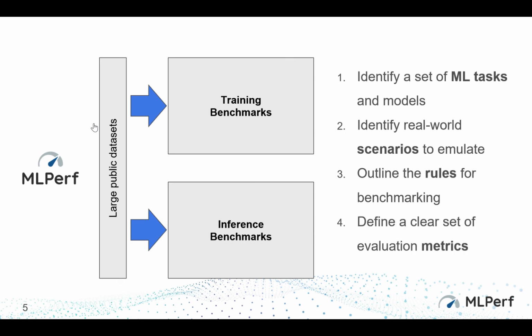Then you got to define the set of metrics you actually want to assess. Some examples of metrics that we tend to look at are like what is latency bounded throughput, for instance, right? Not just throughput, not just latency, it's actually latency bounded throughput. Right? So that's an example of a metric that we try to slice into. And finally, there's a discussion on just how you present results. You would think that's a very, very simple thing to do, but you'd be surprised how much time we spend arguing about how to present a very simple results table on the web page. So this is the general process of actually developing a benchmark suite.